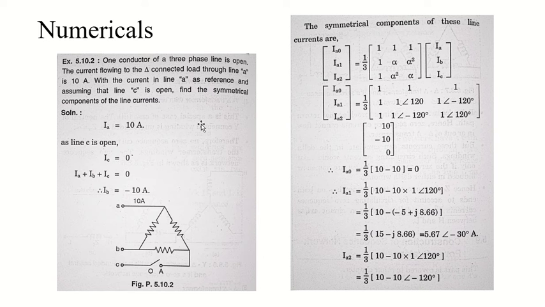In this playlist we are discussing different types of faults which can occur on a power system: symmetrical faults and unsymmetrical faults. We have seen different types of symmetrical faults, different types of unsymmetrical faults, and we have also seen symmetrical components in detail. We have covered pretty much every basic type of fault till now, and today I'm not going to discuss any theory or concept. I just want to discuss some numericals from an exam point of view, which I think will be important